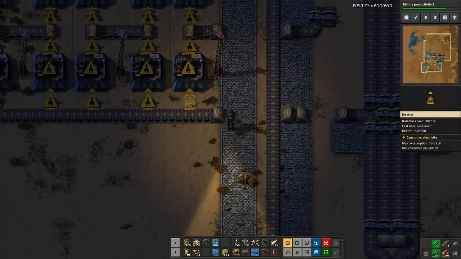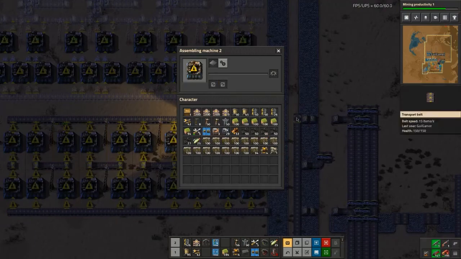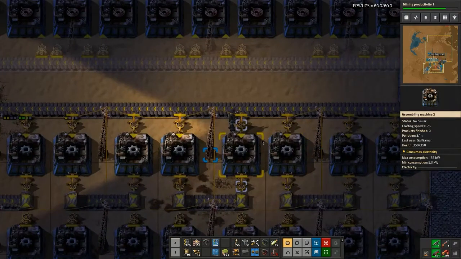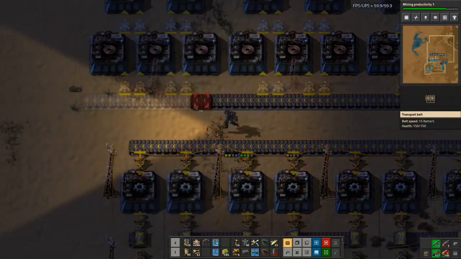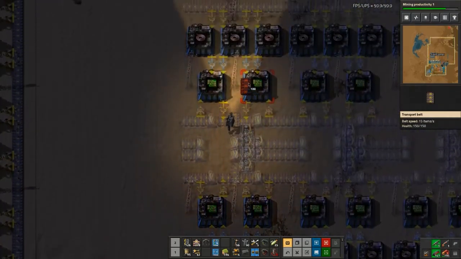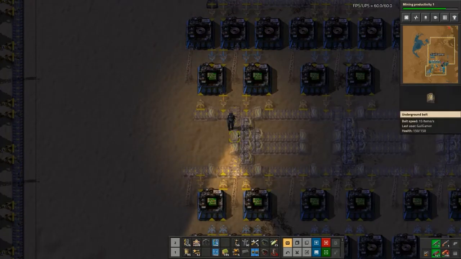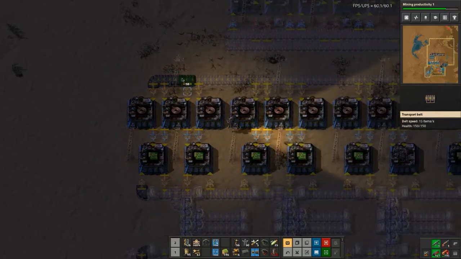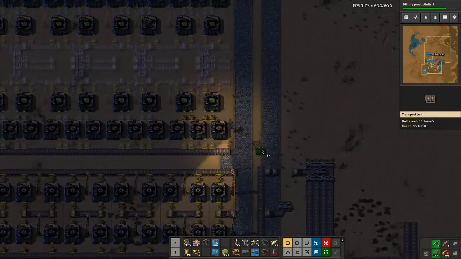And what we can do at some stages, we can start doing things like putting productivity modules into here, so we get free resources out of the machines. What we're going to do is just curve that one into there. We're going to do the same with this one. We're going to just like that. Alright, so what we're doing here is we are setting the factory up so that it can